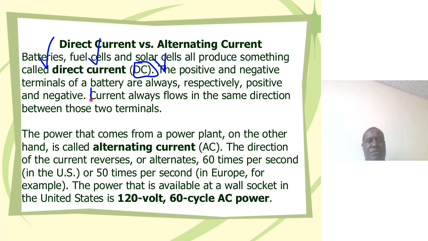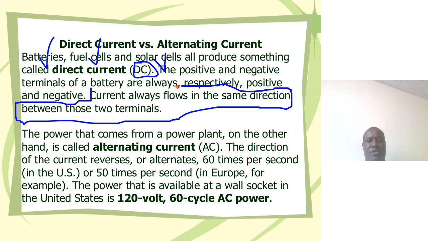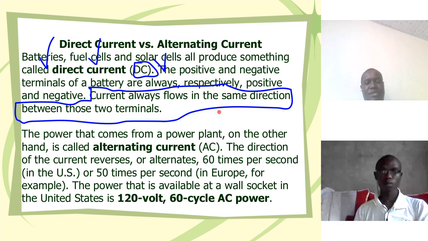The reason here is this. There's a reasoning behind that. Why do we have batteries, fuel cells, and solar cells producing direct current? It is because of the polarities, the way they are addressed. Okay. Then we say